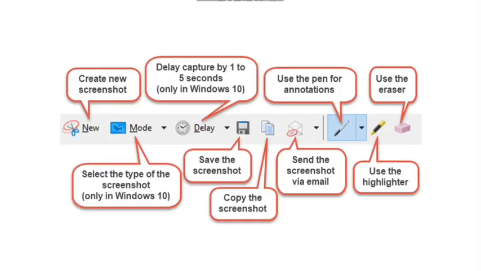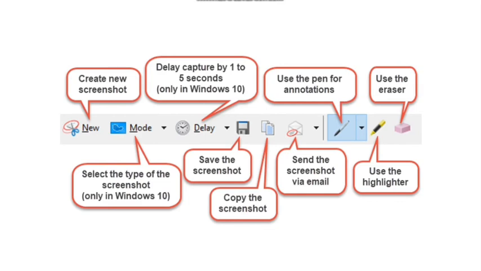Now this editing window offers useful tools for editing the capture you took. For example, if you are not satisfied with the quality of the picture, you can always make a new one using New Snip button. Before saving your screenshot, you can use the pen and highlighter tools to add markup to the capture.